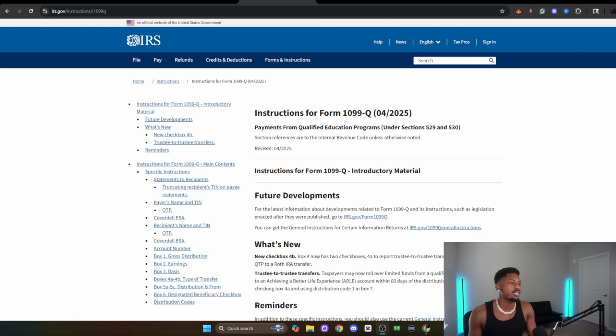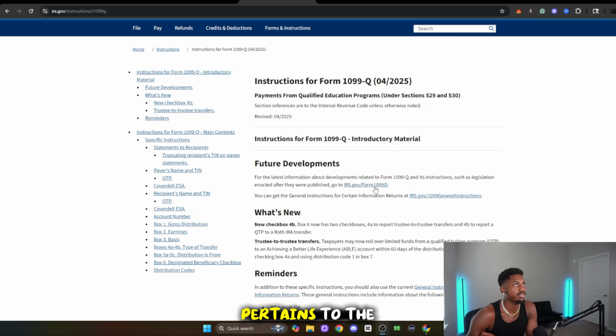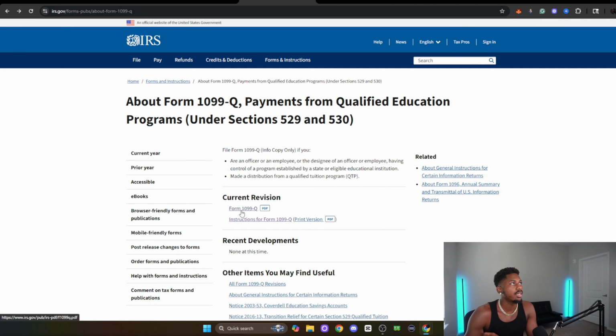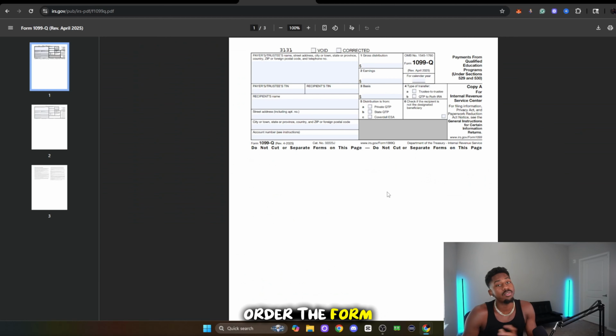So now, obviously, if you wanted to learn more about the 1099-Q, you can come to the IRS website and look at the 1099-Q forms and instructions, and you can also order the form from the IRS. It's not really a point for you to order it at this point in time, but this form is pretty much laid out like this. Box 1 is the total distribution, so how much that loan was. Okay, box 2 is the earnings portion. Box 3 is the original contribution or the basis. And box 5 is the beneficiary's SSN.